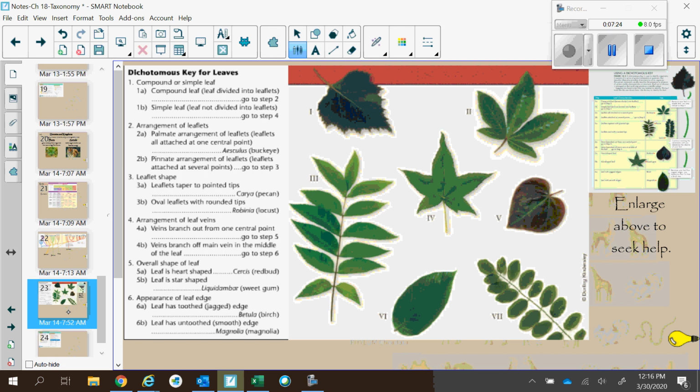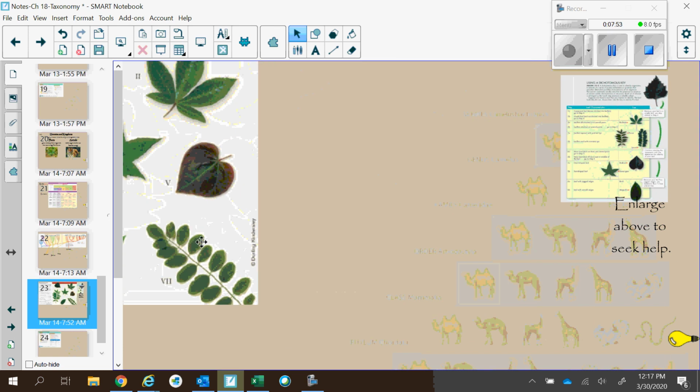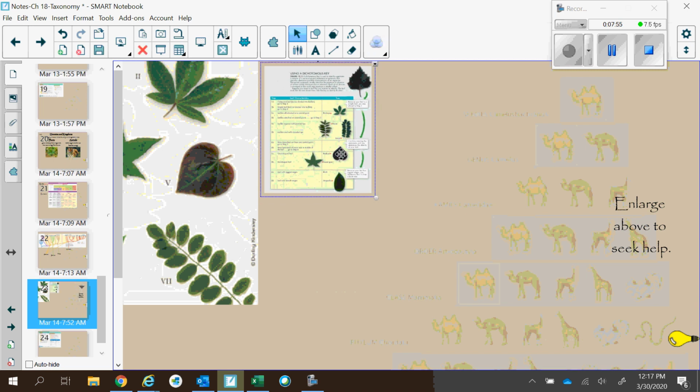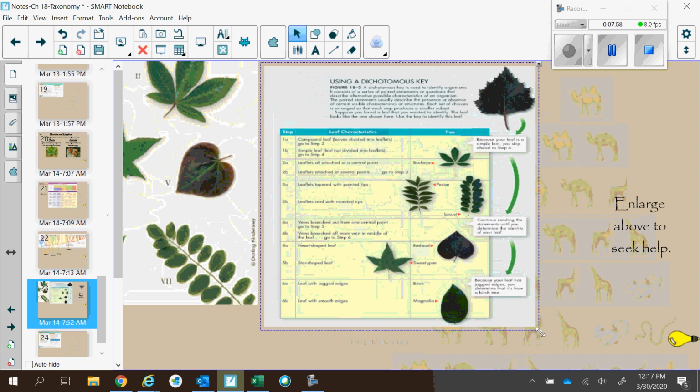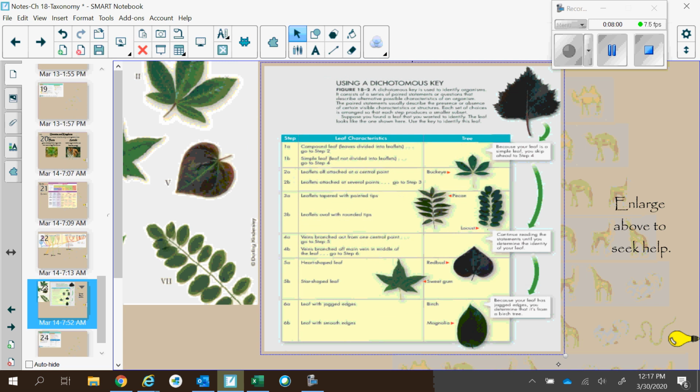So you ask a series of general questions. A general question that a dichotomous key could have is, is it plant or animal? And that eliminates a group, and you start to get a little bit closer to what you're trying to classify with these questions, okay? So you're going to be able to do this at home just using this page. And if you want to, you can click on this and it's supposed to enlarge. Oh, it says enlarge. Good. All right, let's do this. Move this over, bring this out. If you want to do this at home on your laptops, we're going to follow it